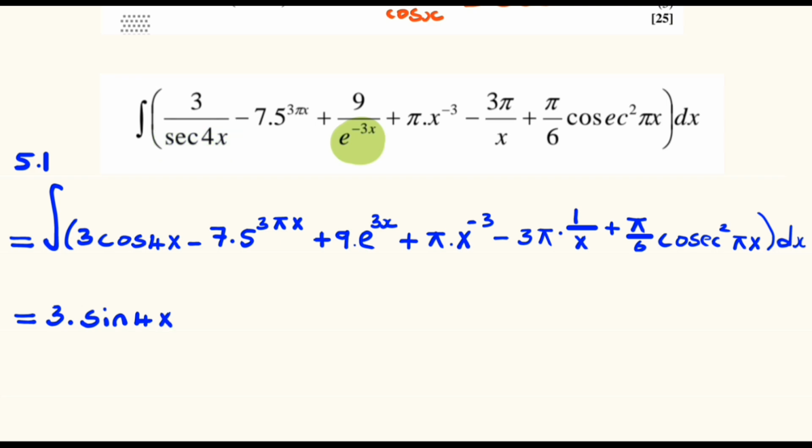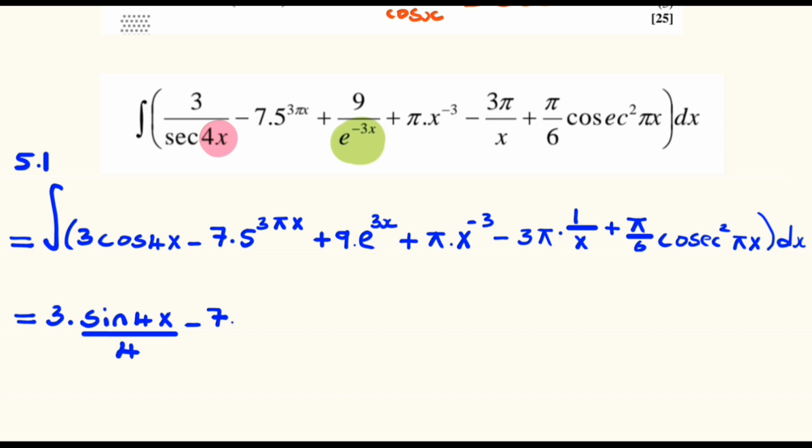And if we were differentiating, we would multiply by the derivative of the 4x, which is 4, but we are integrating, so we are going to divide by the derivative of the 4x, which is 4, minus 7